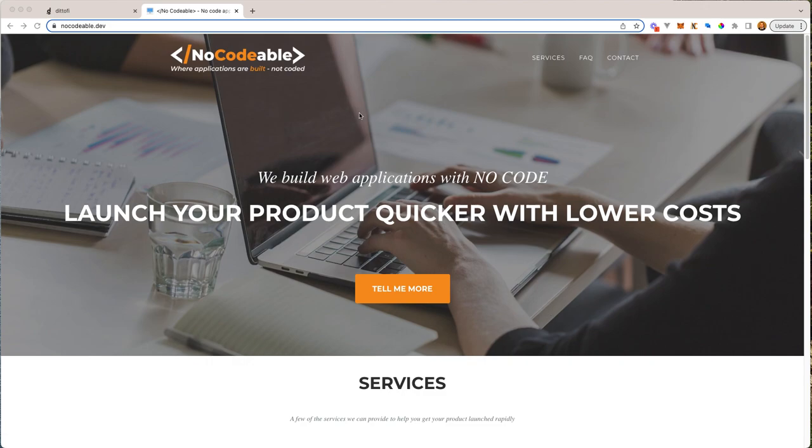Continuing with the series where I'm rebuilding this web page, which was previously built in Bubble, using Dittofi. If you remember, last episode we got our mobile responsive nav bar working. So today we're going to work on this little hero or masthead section, basically placing the image below the nav